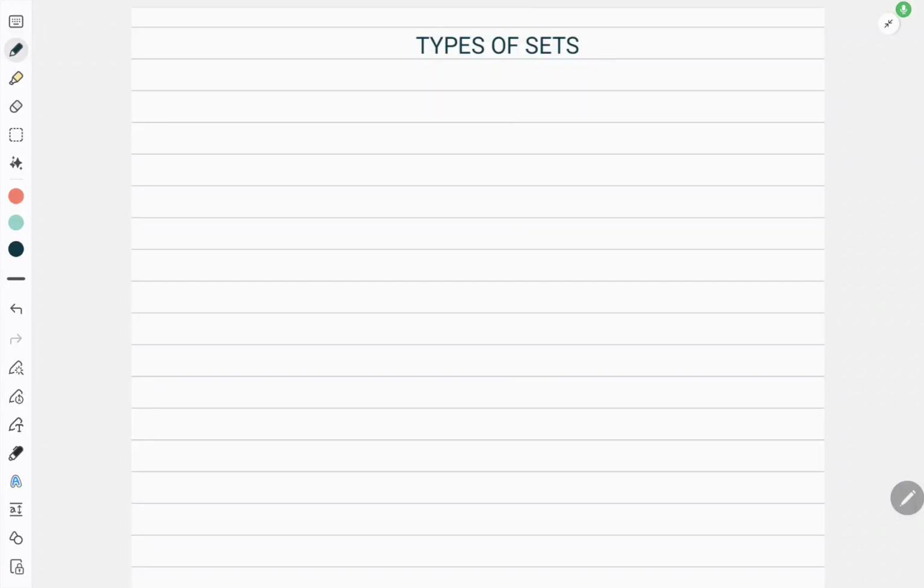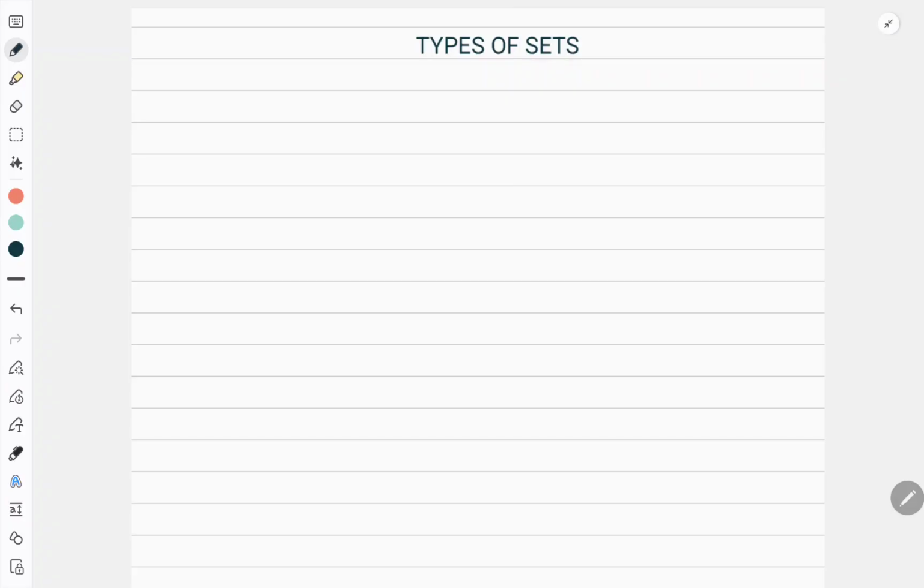Students, in my last video, I taught you what exactly a set is. We defined sets and then discussed the representation of sets, that is, the roster form and the set builder form. We also discussed well-known number system symbols. For example, capital N is for natural numbers, Z is for integers. And then we discussed many questions where we were converting from roster to set builder or set builder to roster. So now today we will discuss types of sets.